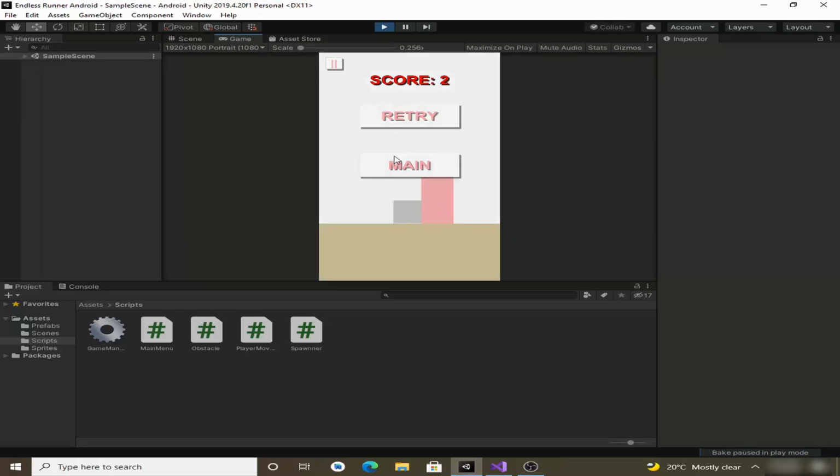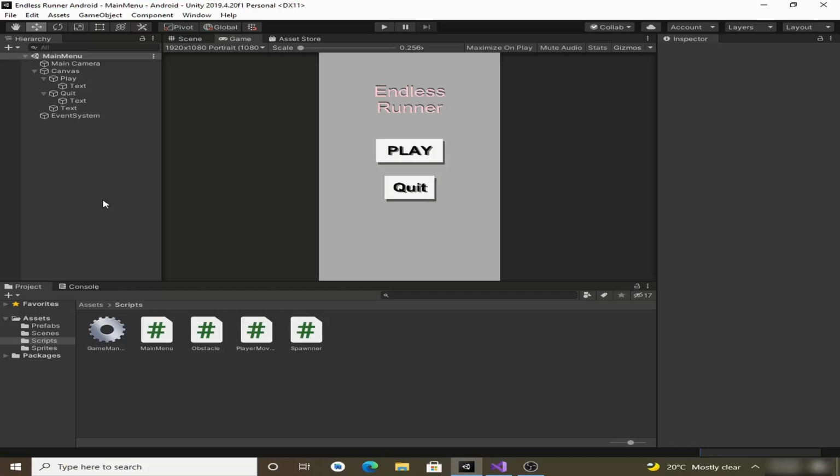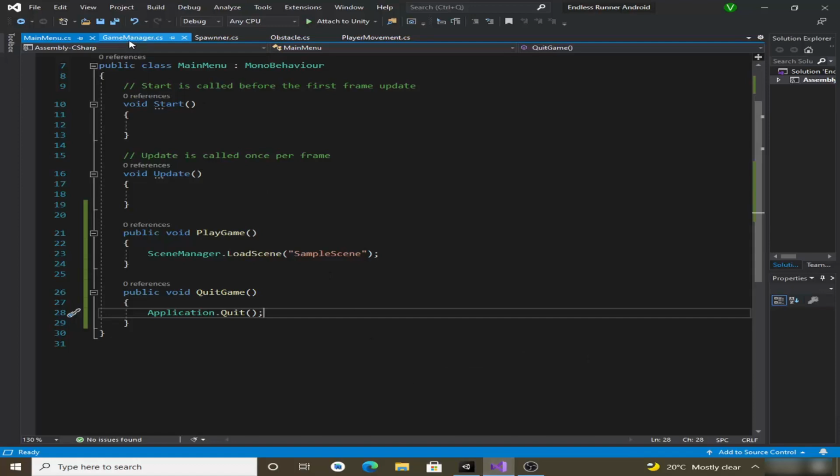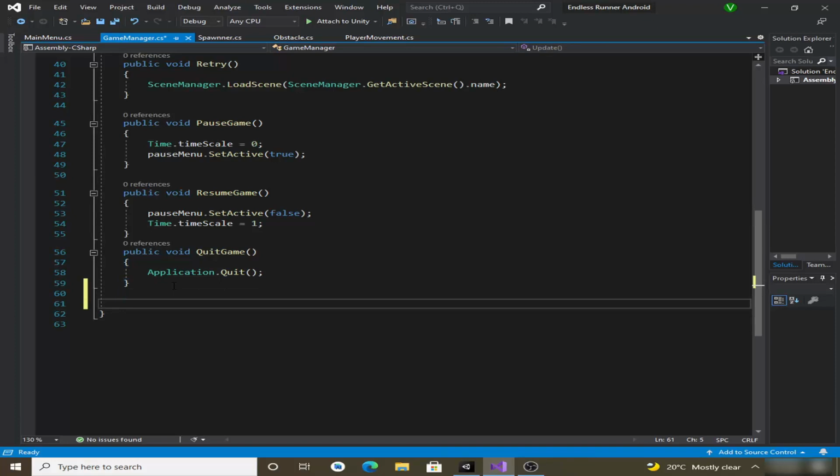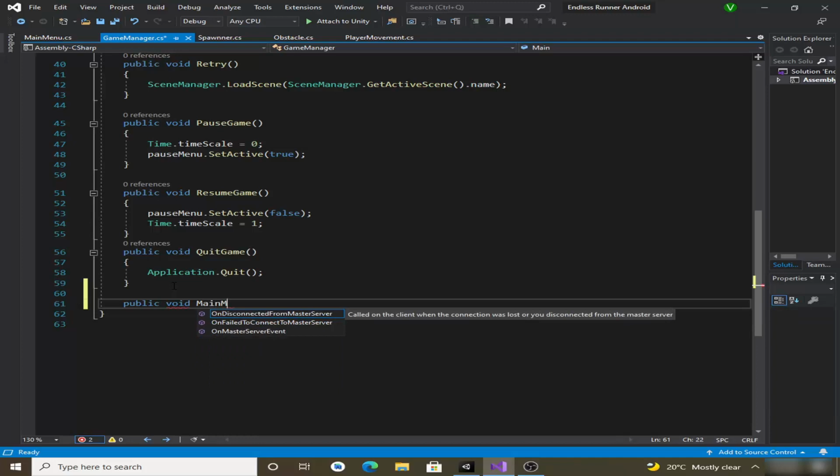Now we also have to assign our main menu button function that can redirect us to the main menu whenever we lose the game. So let's add that functionality also. Let's get back to the game manager script, and here we will create a new function. So let's create a public void MainMenu,